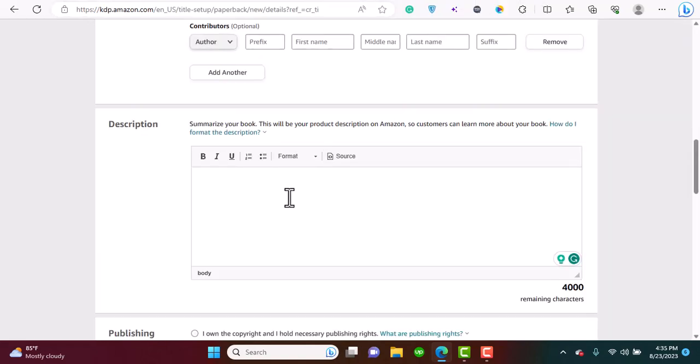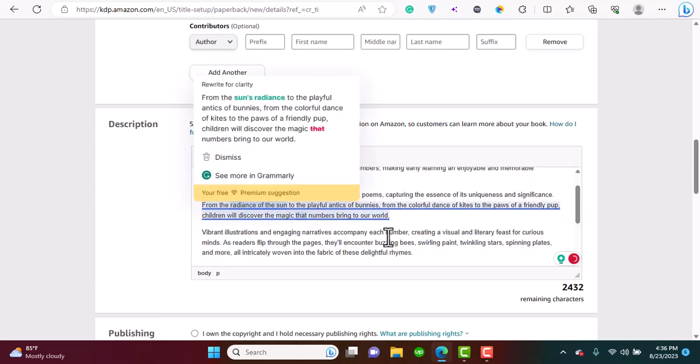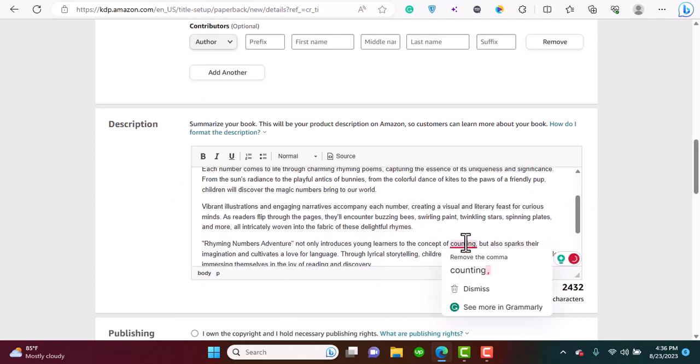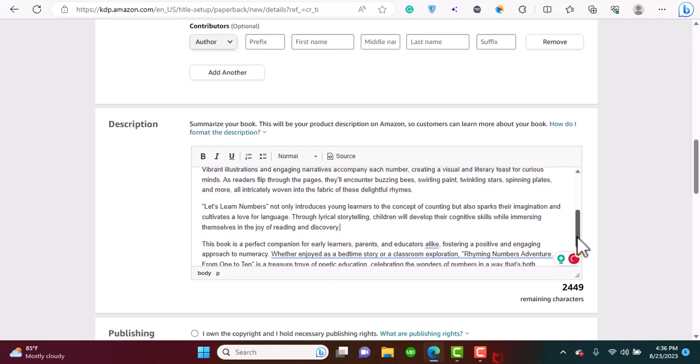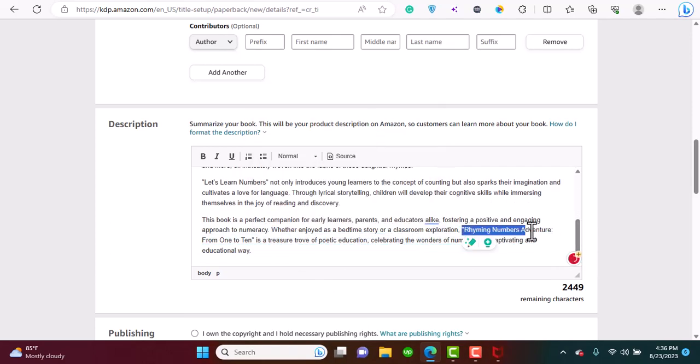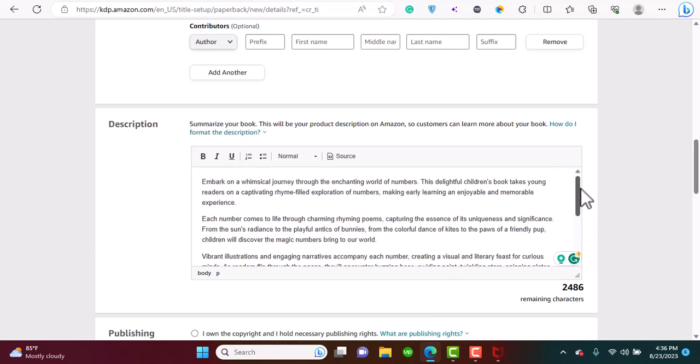Great, it has added this title here which we're going to change. We're just going to move it. Let's learn numbers. Learn numbers is a treasure. And after adding our description, be sure to add relevant keywords into your description, and make it descriptive,